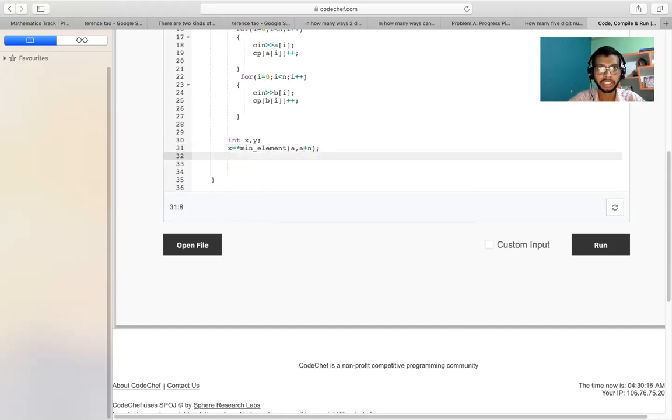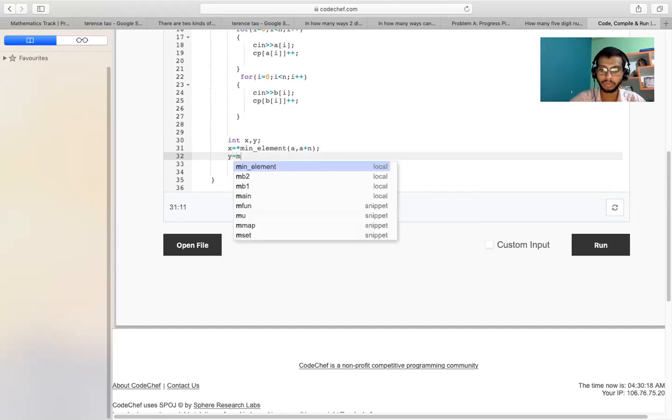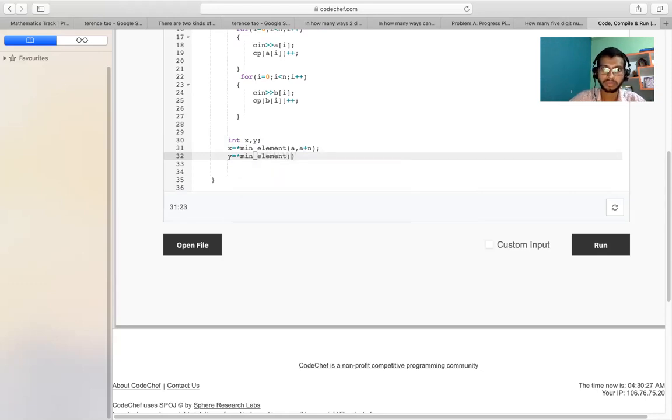And y equal to star min_element b comma b plus n. I hope you got that.